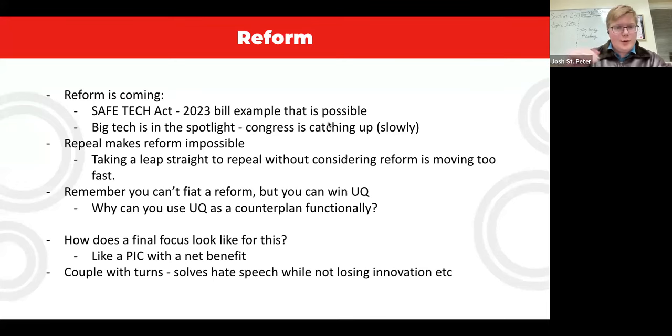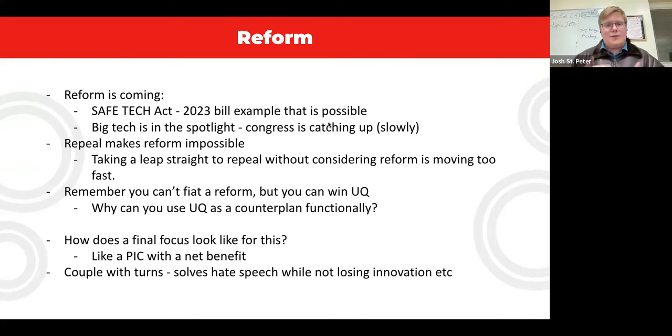It's like, if we completely remove Section 230, then that removes all the progress made on the idea of free speech. And so you can have some sort of free speech impact. You can have some sort of idea how we still need to have these abilities to speak freely, have innovation, to let these platforms prosper. Which makes this a really good argument, especially coupled with turns, because you can have a lot of turns in specific parts of the opponent's case that you can kind of just moot out of.